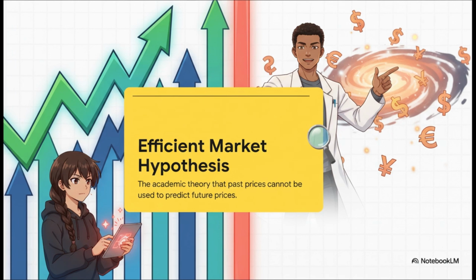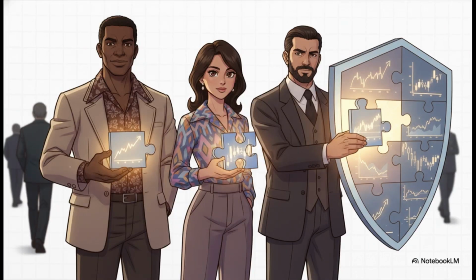The basic idea was that all known information is already reflected in a stock's price, so looking at past patterns on a chart to predict the future is completely and utterly useless. So, feeling kind of isolated and under attack, these technicians did what any group would do. They organized. In 1973, pioneers like Ralph Acampora, John Brooks, and Robert Farrell got together and formed the Market Technicians Association, or the MTA. They had to build a community and fight for legitimacy.